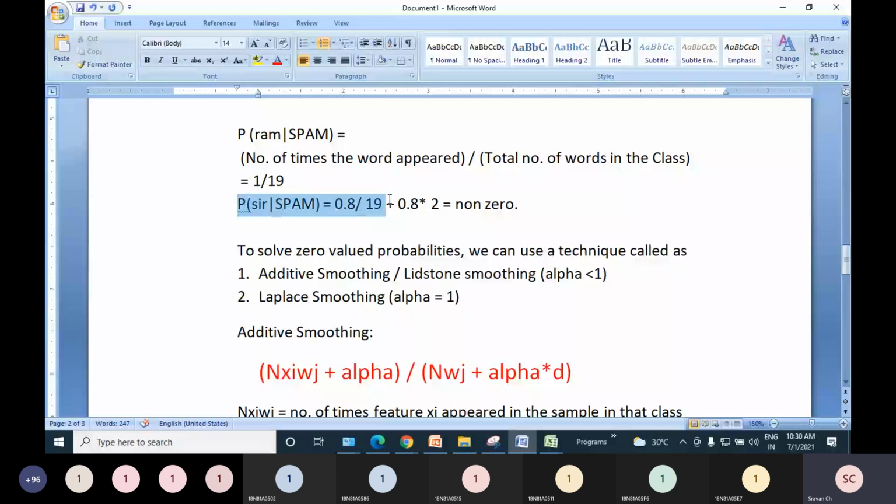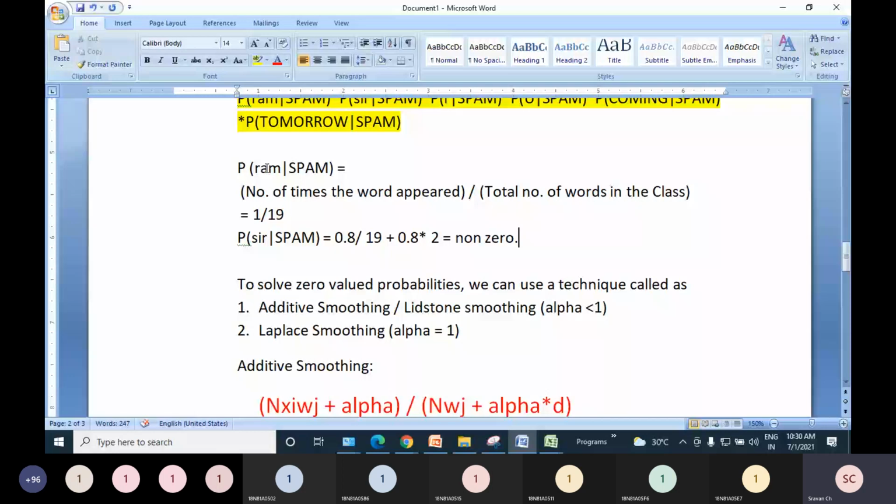So now you know how to find the conditional probability for every word. First word Ram, and which class am I dealing with? Spam class. So I should go to all records in which the output was spam, means the last 3 records, and I need to see how many times Ram appeared. Ram appeared 1 time. How many words are there in spam class in all 3 records? Count them. It is 19. 1 by 19, right? Like that. And if at all I get a 0, say sir by spam I got 0, using additive smoothing I'll make sure that it is not a 0 value. I'll get some non-zero result there.